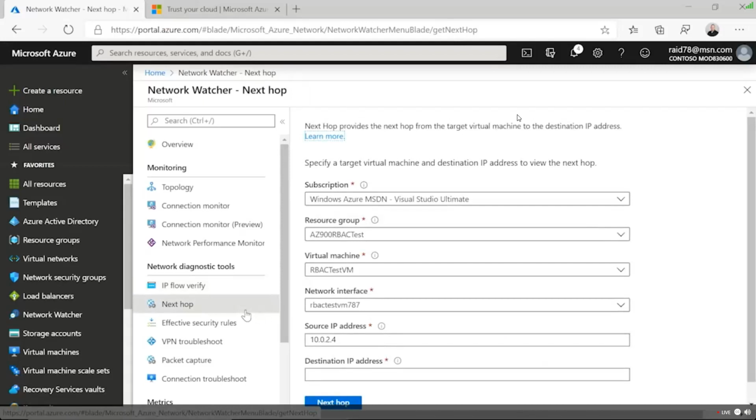So folks, I don't know if this is on AZ-900. I do know it's on every other exam after that. But when you start working with network security groups, you have to know how to troubleshoot them. Network Watcher is one of those tools, and it does a whole lot else. I just showed you some of my favorite things that are going to really help you get through that.